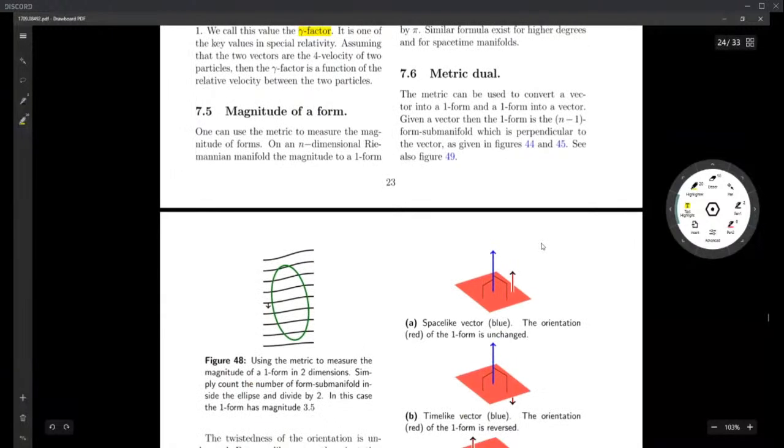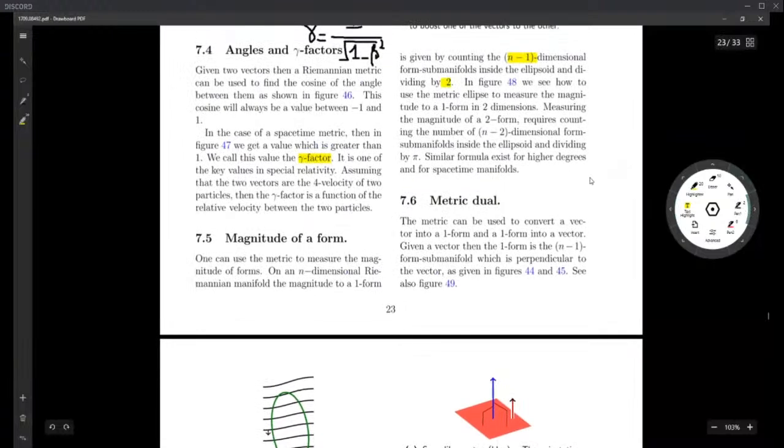Right. So the metric, like I mentioned earlier, can be used to convert a vector to a covector, or one form, and a one form to a vector. And this is again a fancy way of saying I can raise or lower my indices by multiplying by the matrix. So I hope you guys remember this. X mu